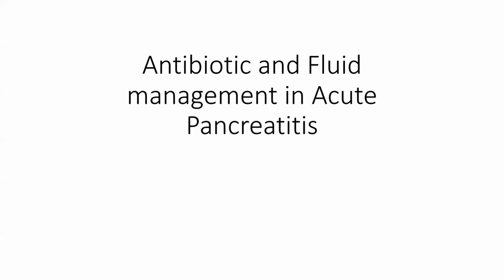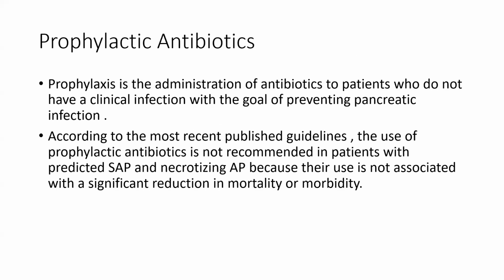Hello everybody. Today we are going to discuss antibiotic and fluid management in acute pancreatitis. So, the role of prophylactic antibiotics. Prophylaxis is the administration of antibiotics to patients who do not have clinical infection with the goal of preventing pancreatic